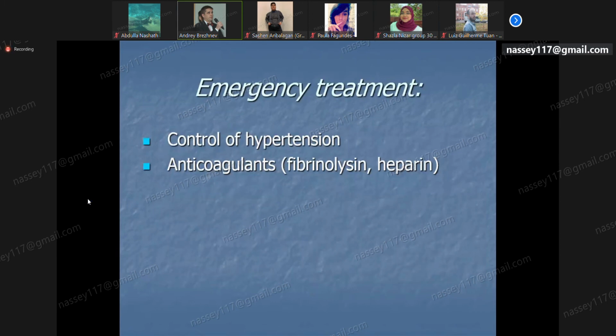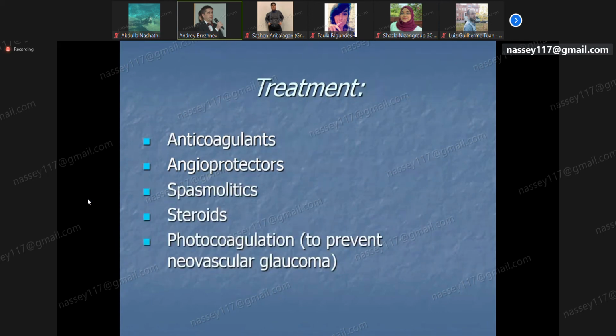Emergency treatment. Of course, control of hypertension, treatment of the diabetic changes, and anticoagulants, fibrinolizine, heparin, maybe high molecular heparin, different types of them. Treatment is effective only if you start it in the first hours after the sudden loss of vision. Systemic and local treatments. Treatment includes anticoagulants and protectors, spasmolytics, steroids, and